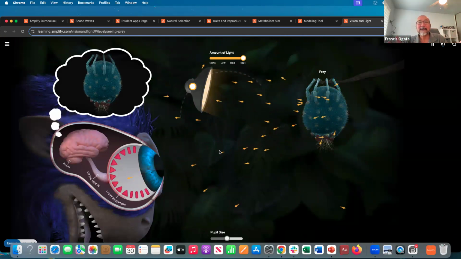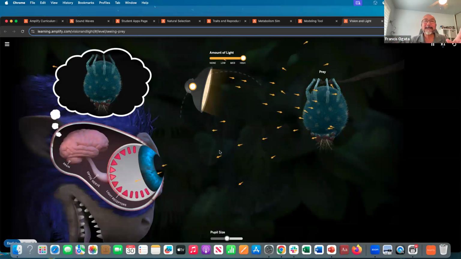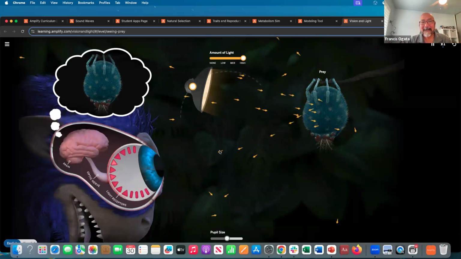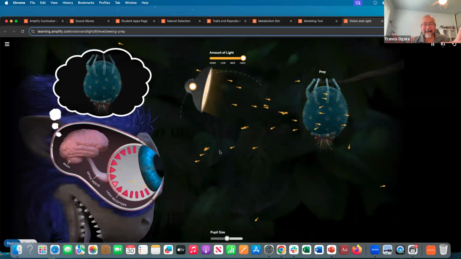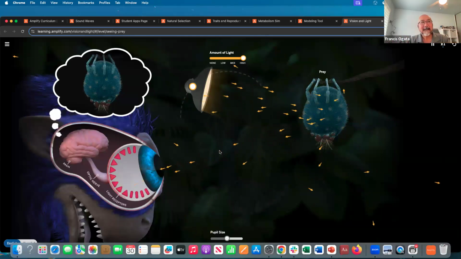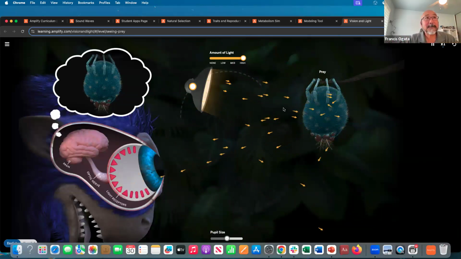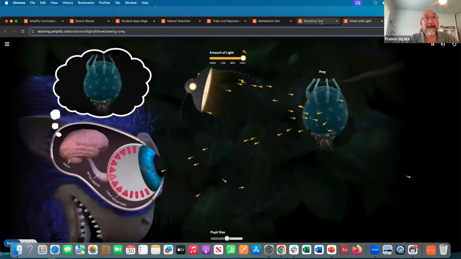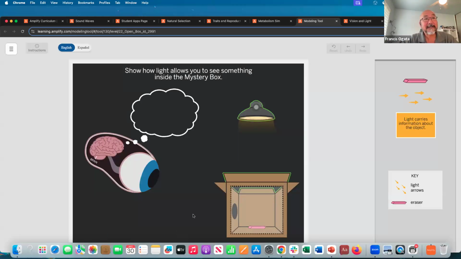The key point of this one, though, is that the whole standard for this one is, can the kids model this? So the idea is they do a hands-on activity using that box with the hole in the side, and then they do the digital simulation. And now what they're supposed to be able to do is go to the modeling tool. And the modeling tool looks like this. So this is an example of the modeling tool. So here's the eye and here's the brain.